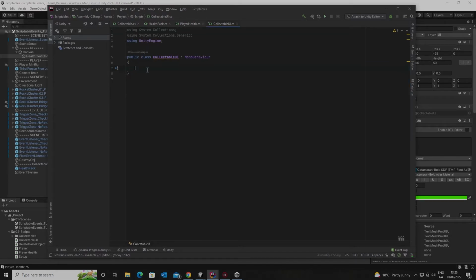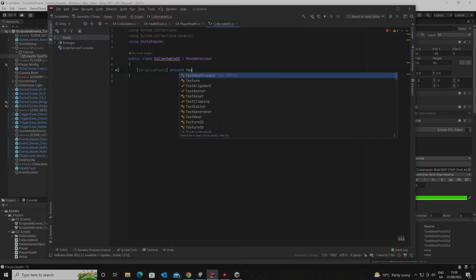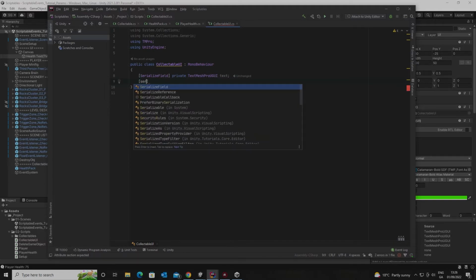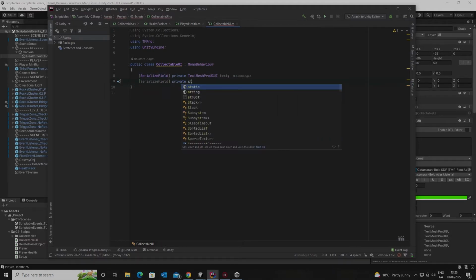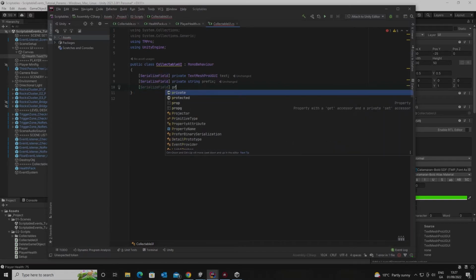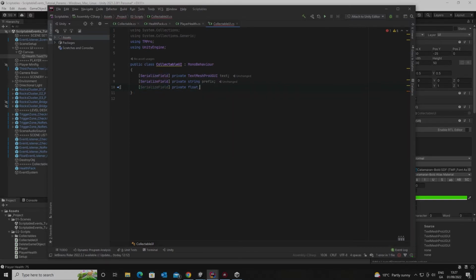So remove this, don't need any of that, we'll make it slightly bigger. So what we need here, well, first off we're going to need a reference to our text mesh pro, so it'll be private TextMeshProUGUI, and we'll just call that text. What else would we need? We need serialized field, private string. Just going to set some sort of prefix text, and we'll have a starting value, which would be a float, and we'll call it starting value,